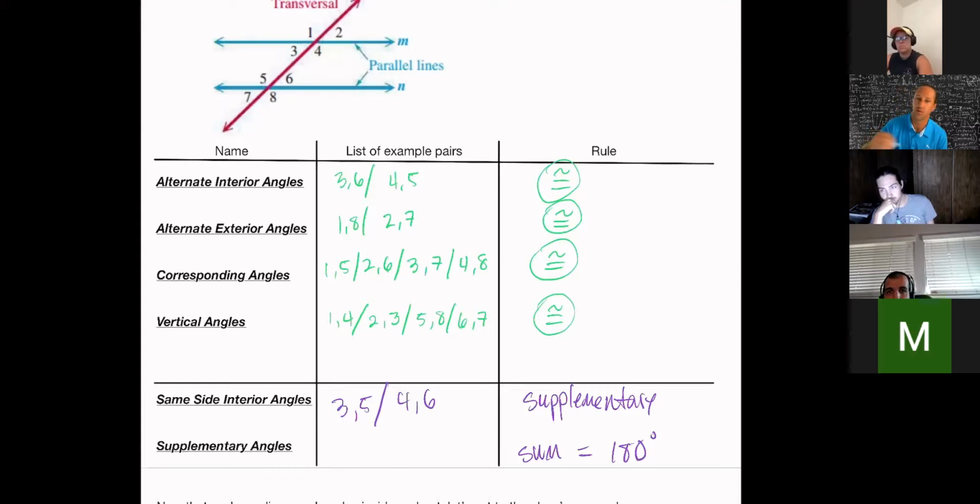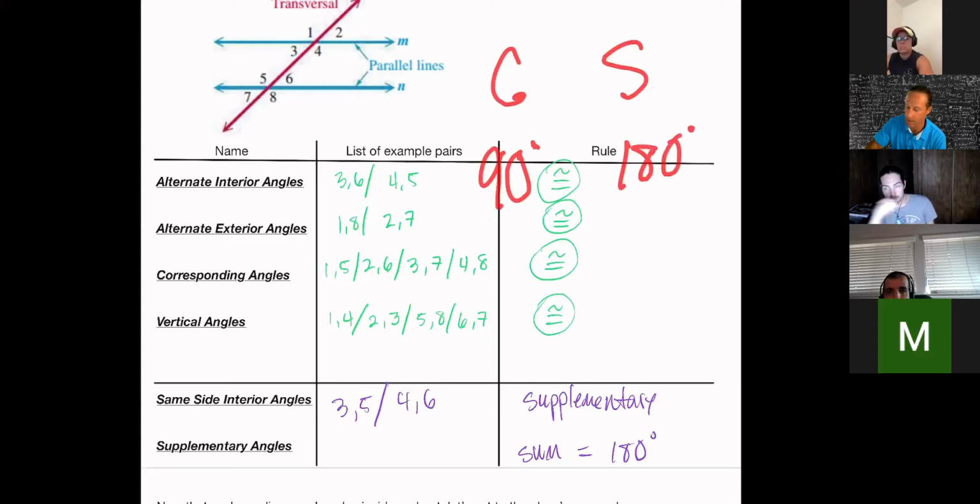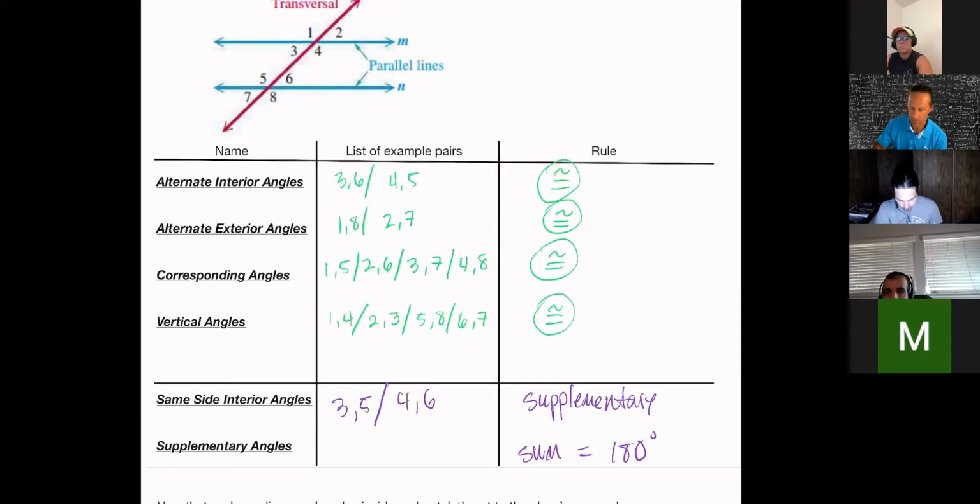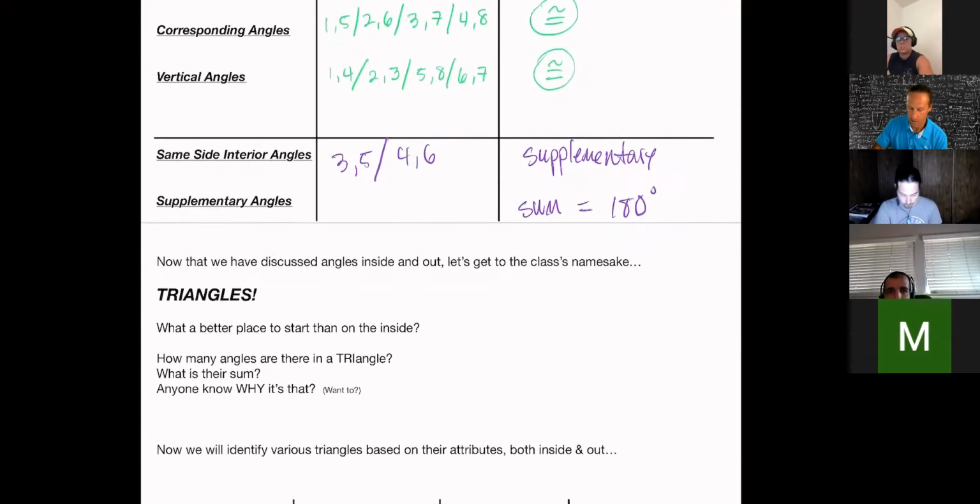Okay, that's stuff that you should have already worked on last week when we first introduced complementary and supplementary, that sum of 90 and sum of 180. Just as a reminder. Okay. So